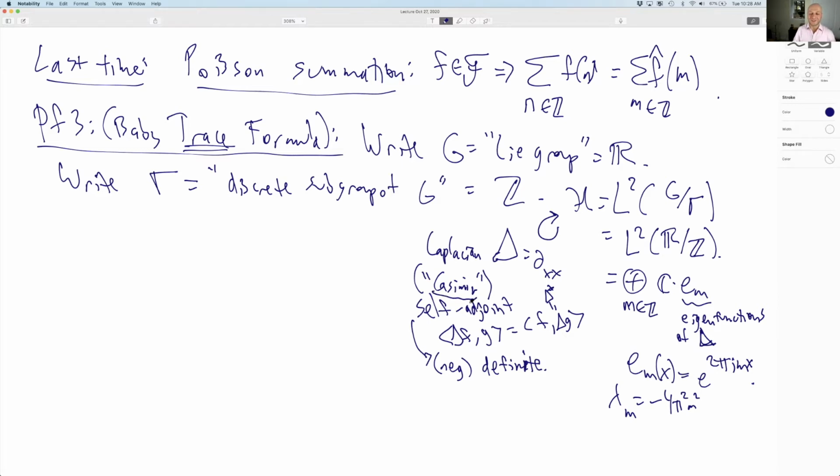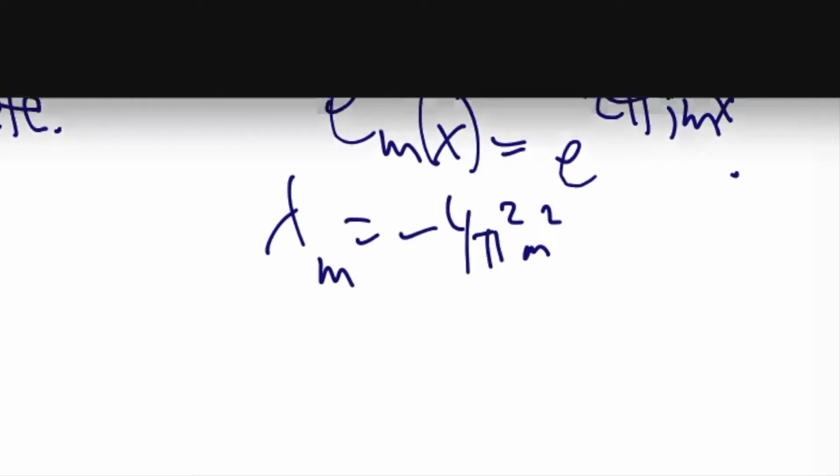Casimir means it generates the center of the universal enveloping algebra. Usually you have a Lie group and there's a Lie algebra, which acts by differential operators on the Lie group. And each one is just a first order operator. So the universal enveloping algebra is all orders of operators from the Lie algebra, sort of taking a directional derivative. So take all orders of directional derivatives, and there's a center of that algebra,